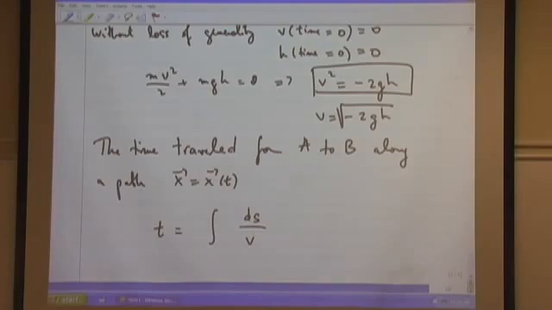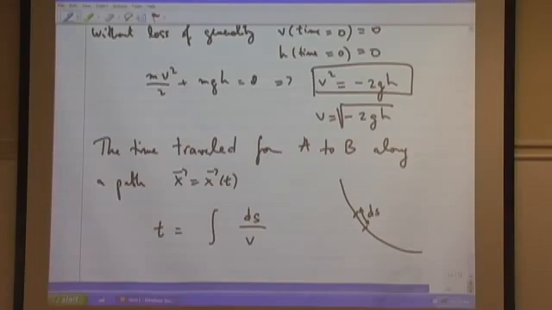Let's think about it like this. If this is the arc length, the infinitesimal length on that path, and you have the speed, the length of the velocity, equals v, then the time it takes is the distance divided by the speed